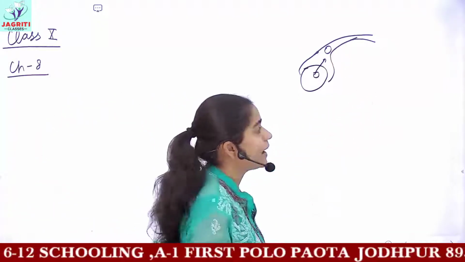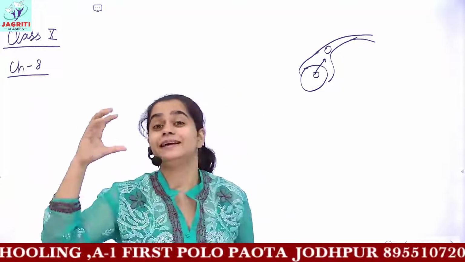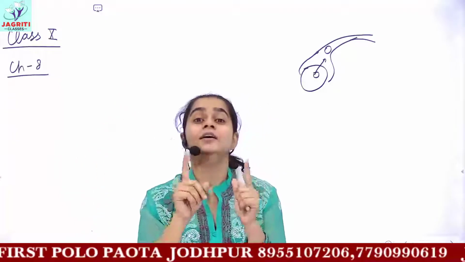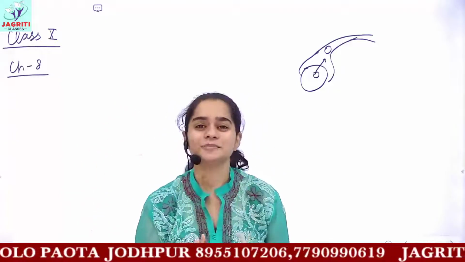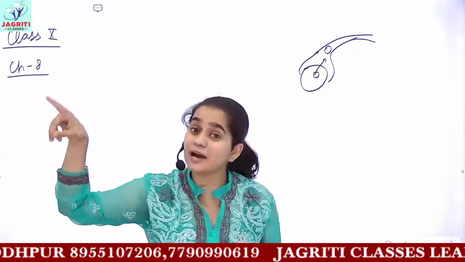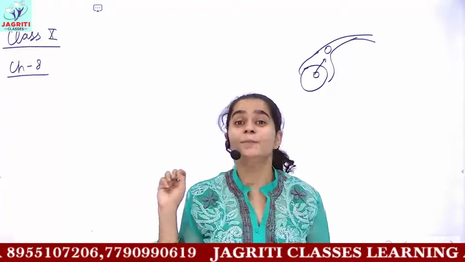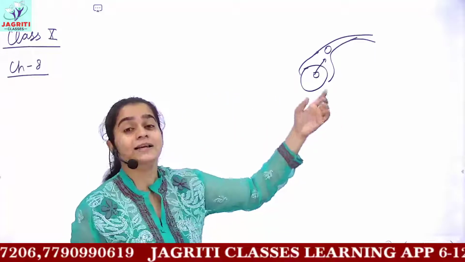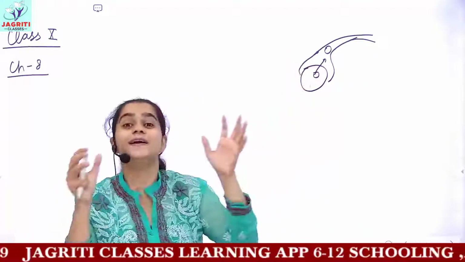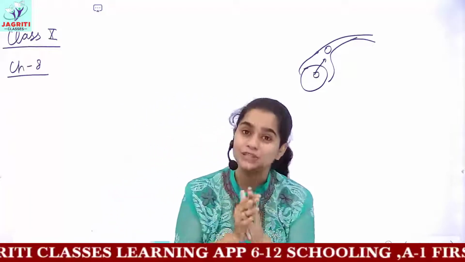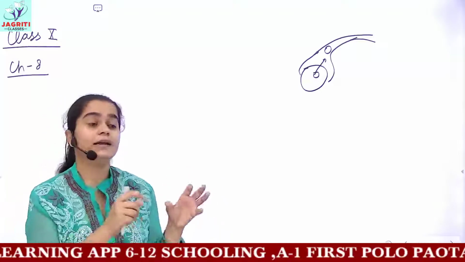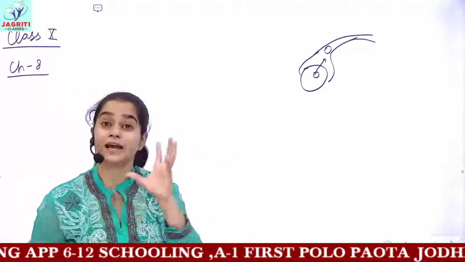Next, you have the sperms which are released from the testis. The testis present in the male reproductive system is responsible for the production of sperms, and from there the sperms travel through the vas deferens and epididymis, and are then released out through the penis. After this, the sperm combines with the female gamete ovum, and it leads to fertilization, or fusion, between both these male and female gametes. After fusion, a zygote is formed.